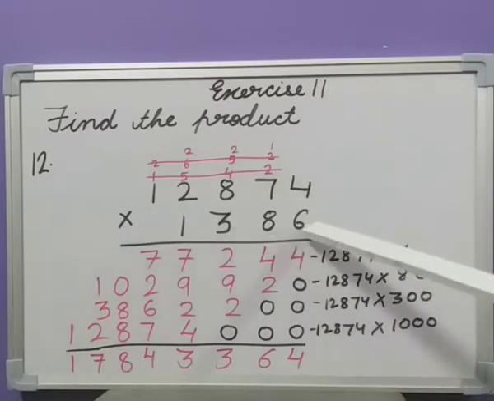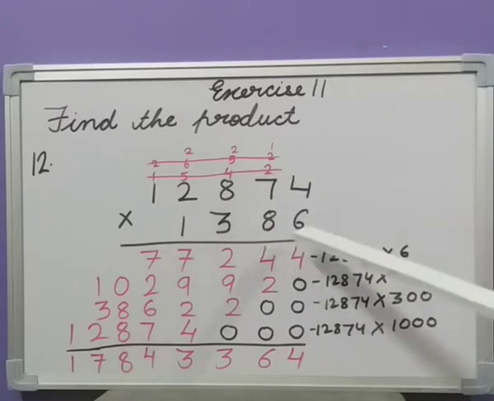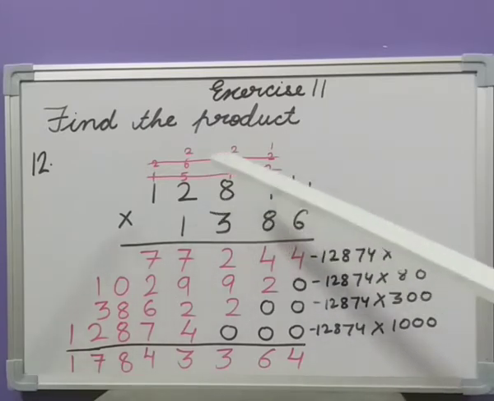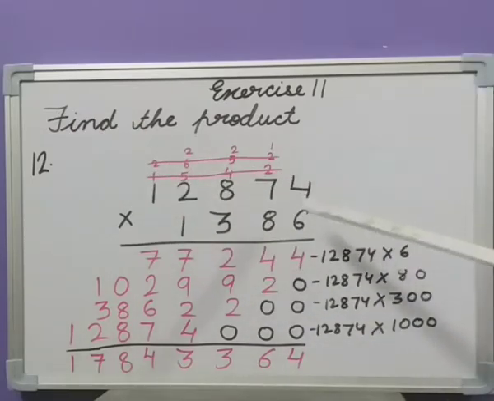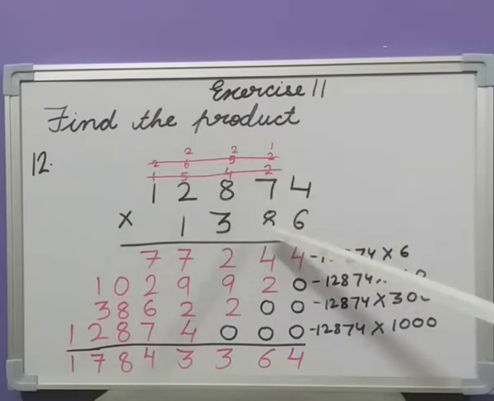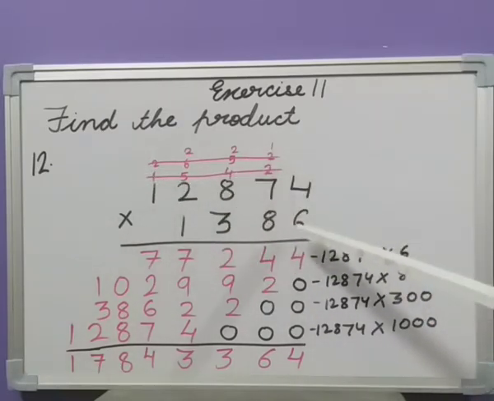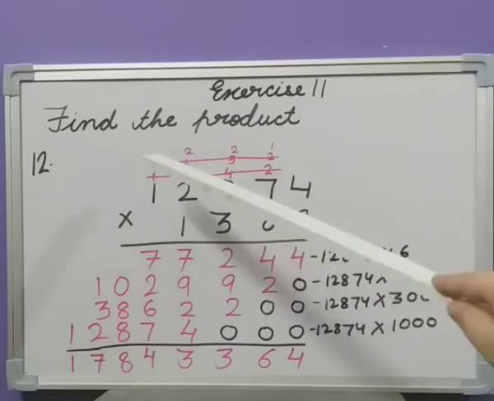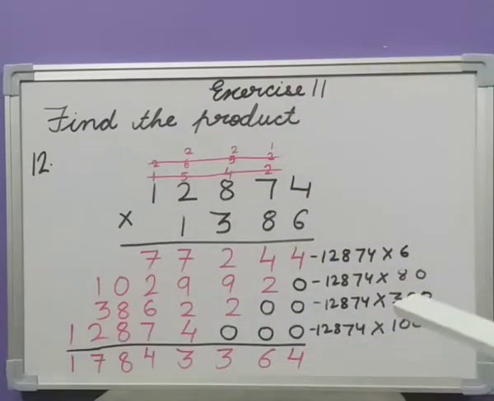Likewise, first multiplied by 6, so 6 fours are 24, 2 carried over here, then 6 sevens are 42, so 4 carried over here, then 6 eights are 48 plus 4, so 5 is carried over here, then 6 ones is 6. So now if we multiply this number by 8, again we are having carried over numbers, so this will create confusion. So just cut them after multiplying by 6, then after multiplying by 8 cut the other carryovers, after multiplying by 3 cut the next one, and if needed we can continue the process. So this will make our calculation easy.